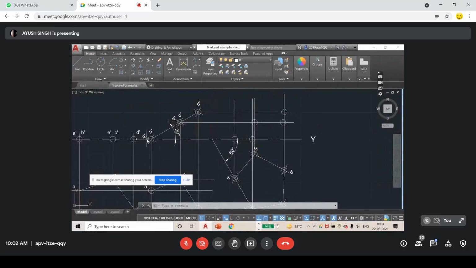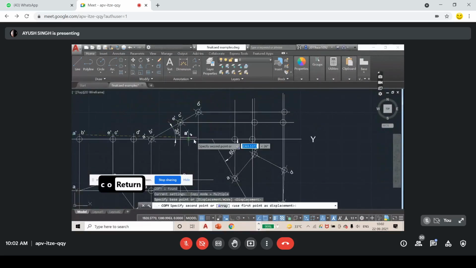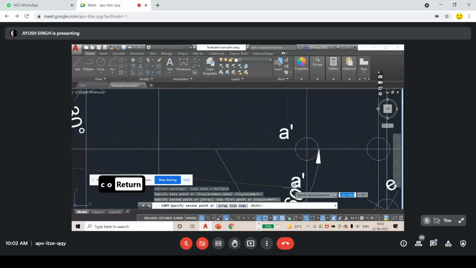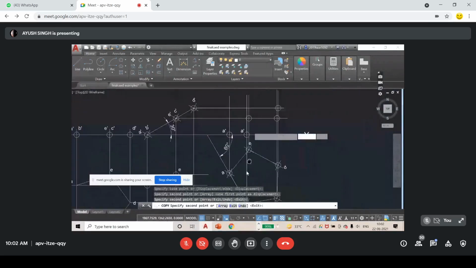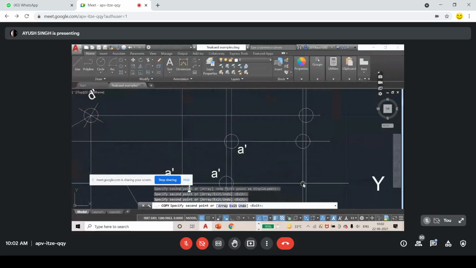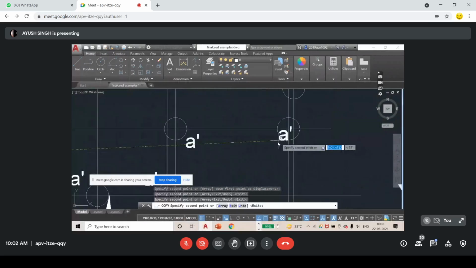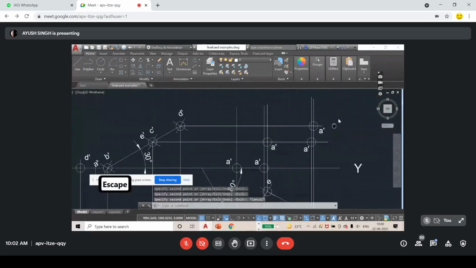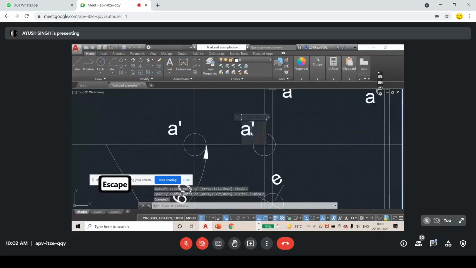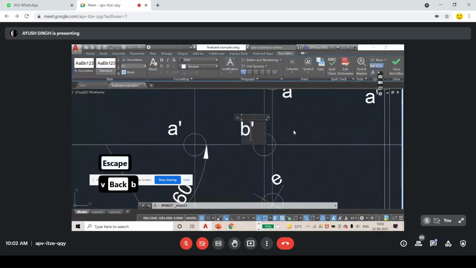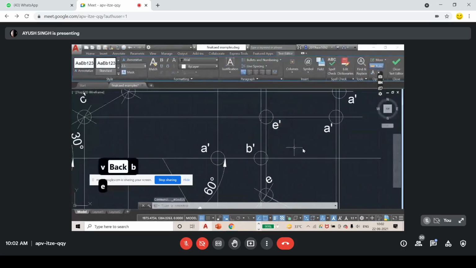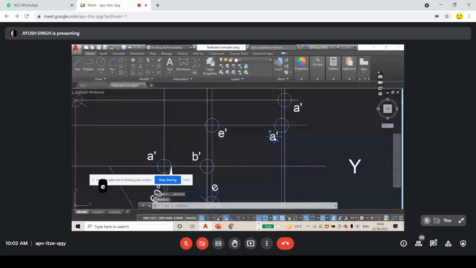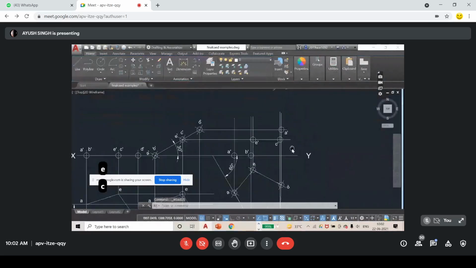So now I am going to join it first. Before that, name them so that you join in the correct order. Okay. Name this. This was my A dash point. This is my B dash point. This is my E dash point. This is my C dash point, and this is my D dash point. Simple. Okay. This was my B dash point. Oh, B, B dash. This was my E dash point. This was my C dash point, and this is my D dash point.